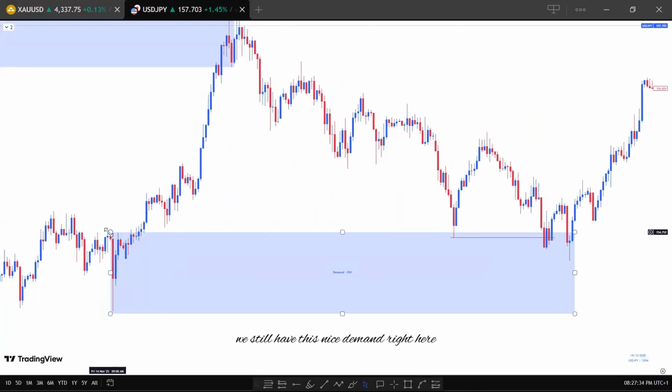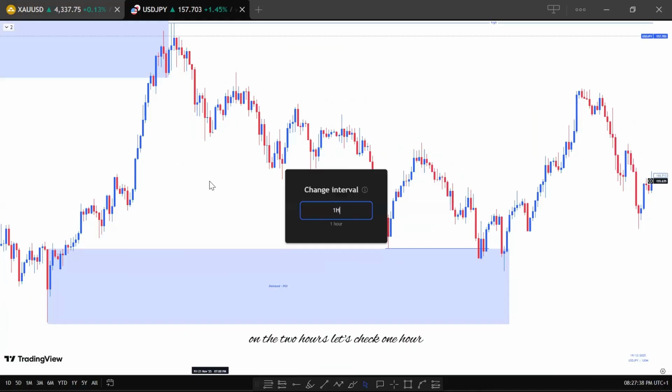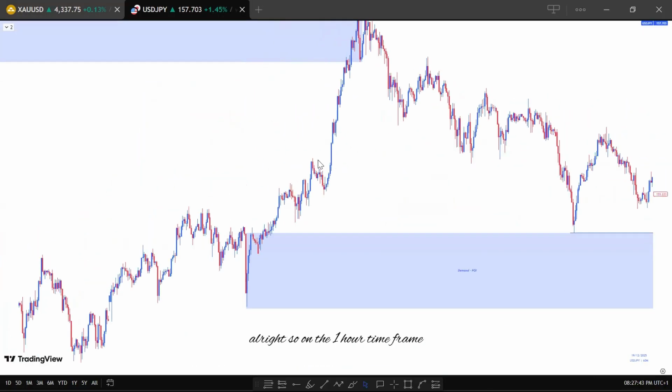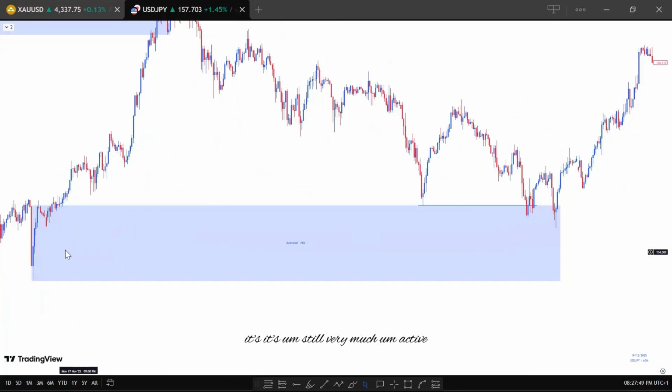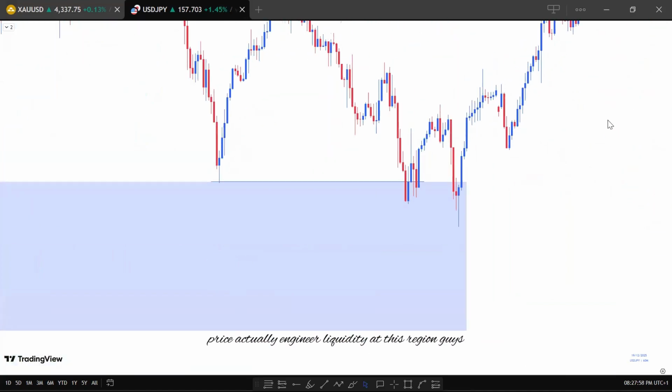All right, on the 2 hours, we still had this nice demand right here. Let's check 1 hour here. All right, on the 1 hour time frame, you could see this demand is still very much active. We had a reaction from this demand, and as you could see, price engineered liquidity at this region, guys. Price engineered liquidity at this region,